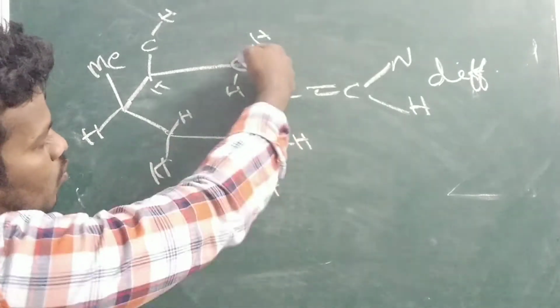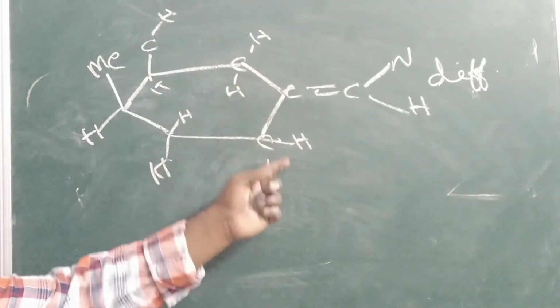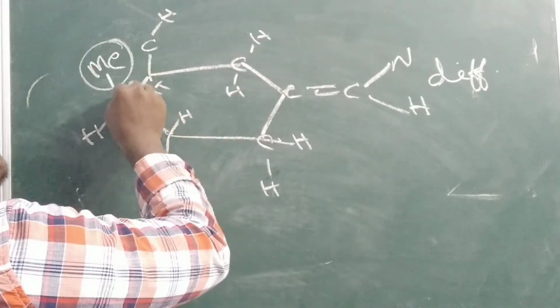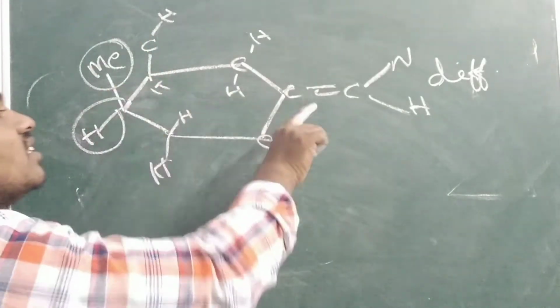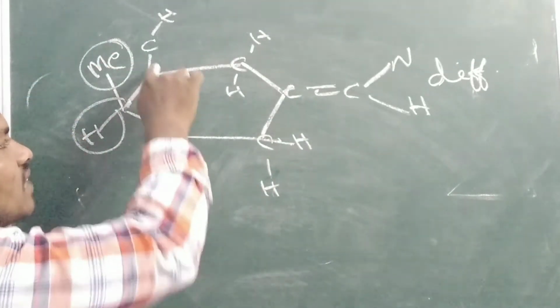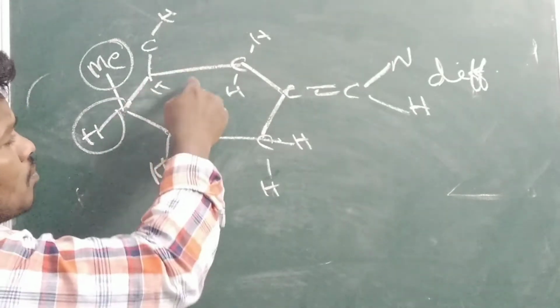So even though it looks different, it is the same. Here also same is there. But here you can see methyl. By saying methyl, one should not say that it is exhibiting. It is the same. This carbon is acting on both sides. This methyl group belongs to both sides.